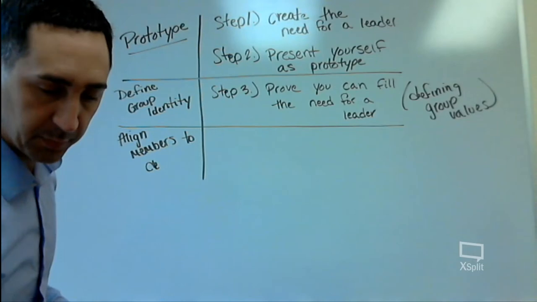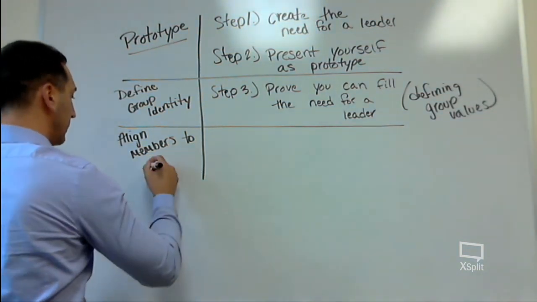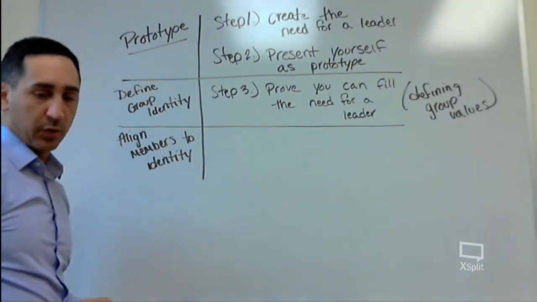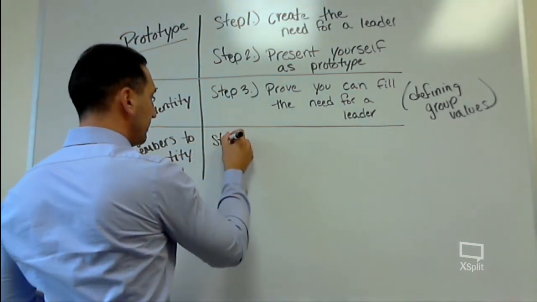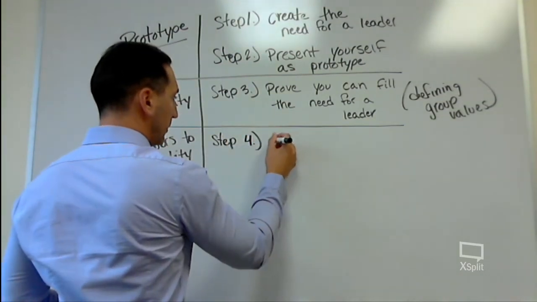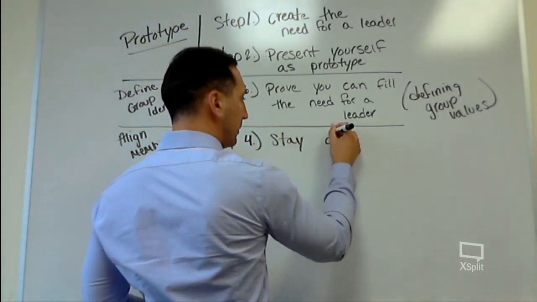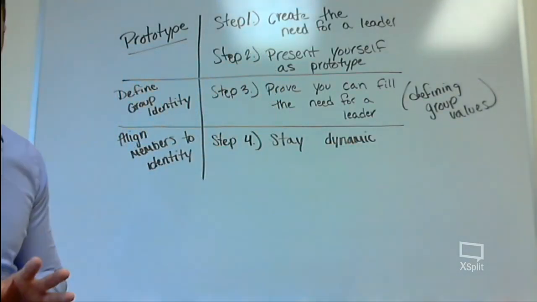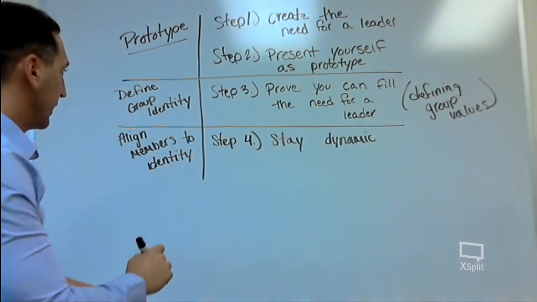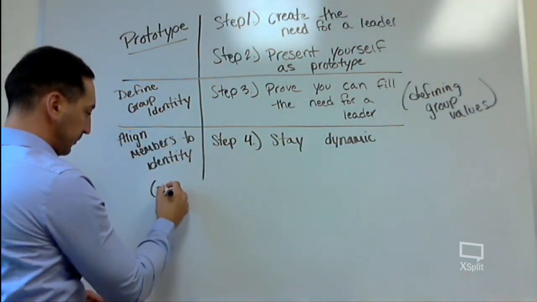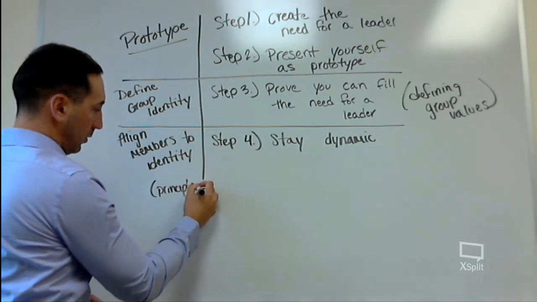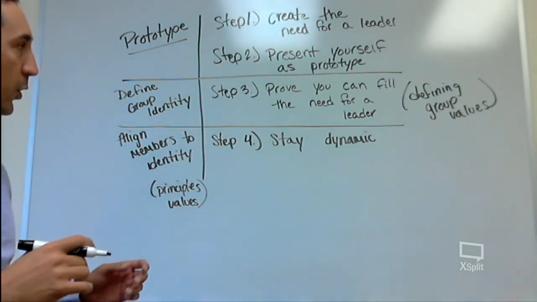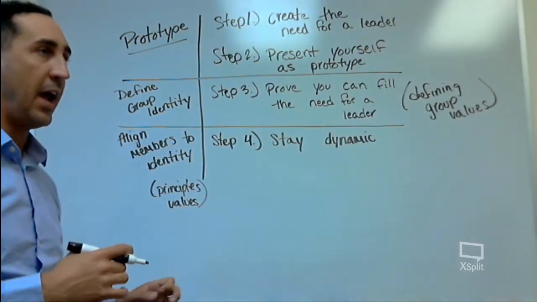I started with definition. I'm identity. Okay. So step four then is to stay dynamic. Now let's think about this. You're aligning these guys to an identity, and typically these identities are principles or values, or oftentimes both. And so the idea here is that as a group member,